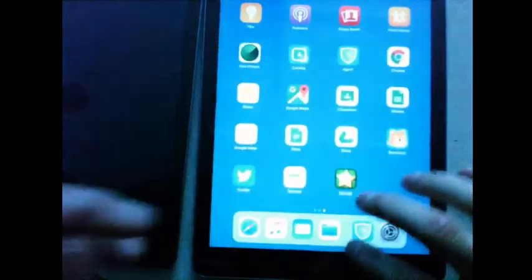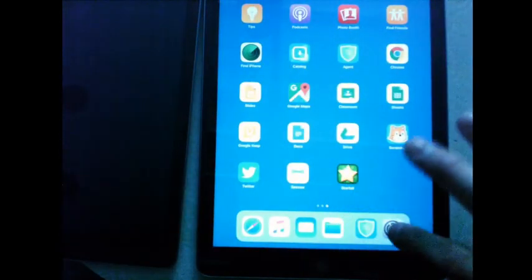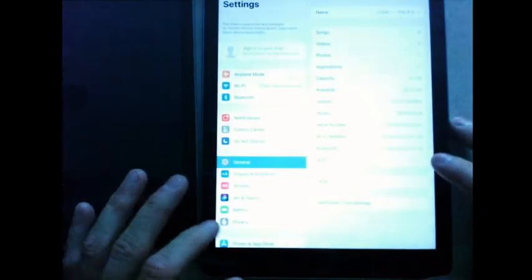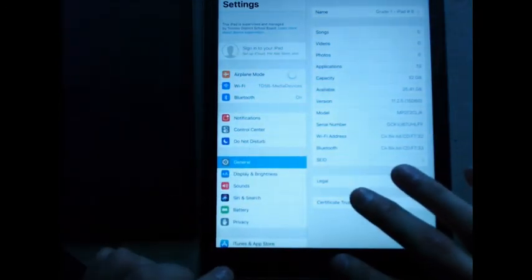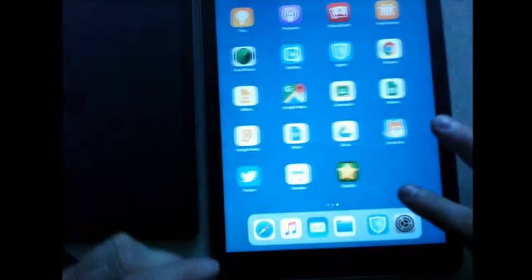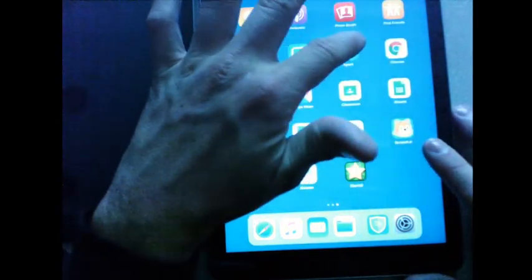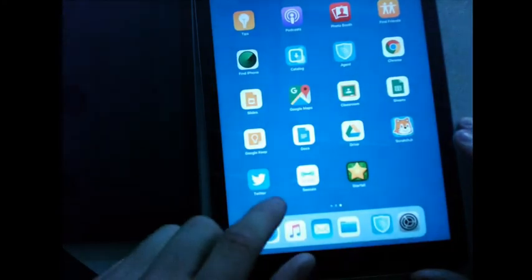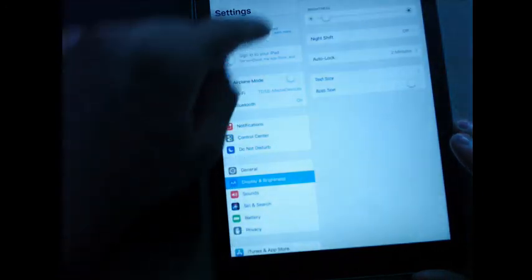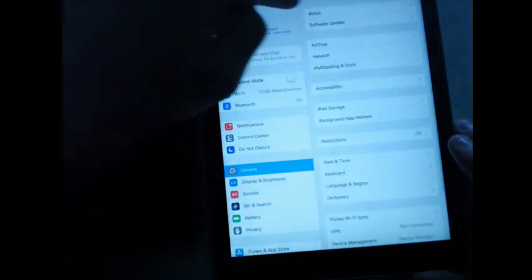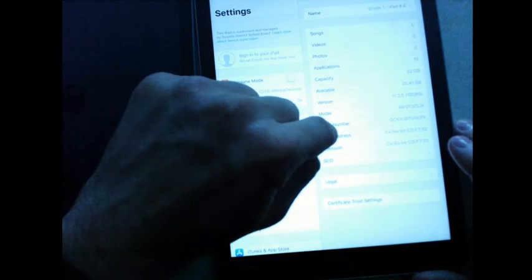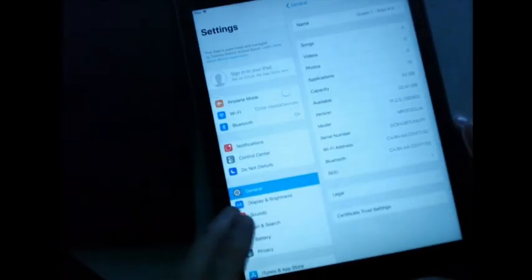So if you get to an iPad and you go into settings and then try to sign out of it, and it asks you for an Apple ID or you don't recognize the Apple ID, like I said, basically you have to let us know that iPad serial number. If you go into settings, then general, then about, the serial number is listed right there. If you give us that serial number, we can then prove to Apple that we own it.